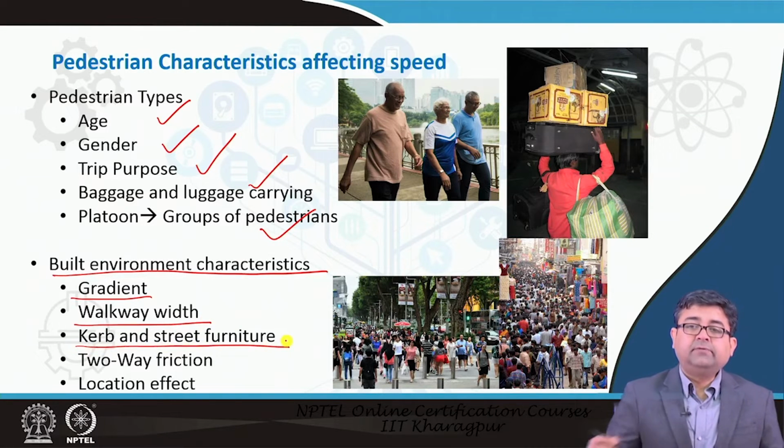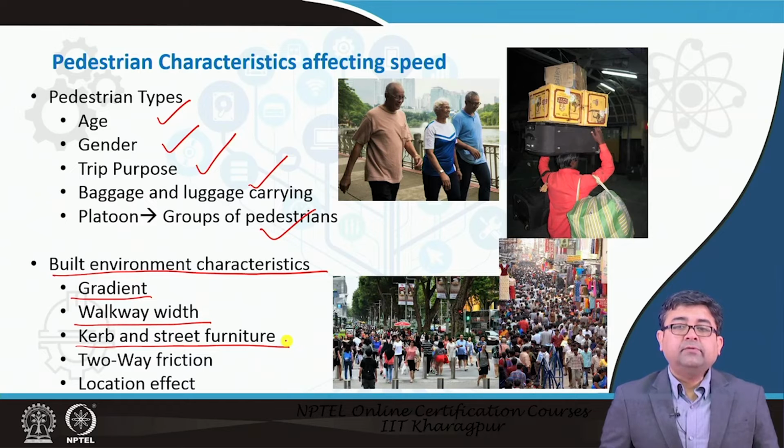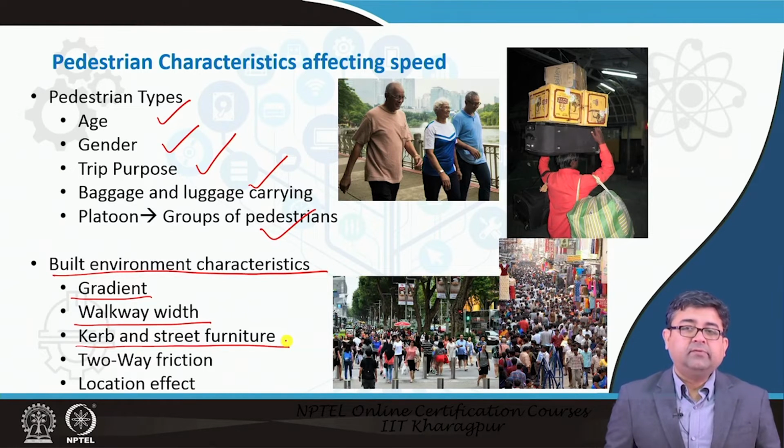The curb and the street furniture. Now, if you have a lot of, for example, trees in between the sidewalk, this is a very tricky situation. We do need trees for pedestrians to feel comfortable while they are walking, because they provide shade, and trees overall are a very essential part of the urban infrastructure, urban green infrastructure. But at the same time, if they are right in the middle of your walking path on the sidewalk, that causes some inconvenience to pedestrians, because now they have to walk around the tree, they have to bypass the tree, which